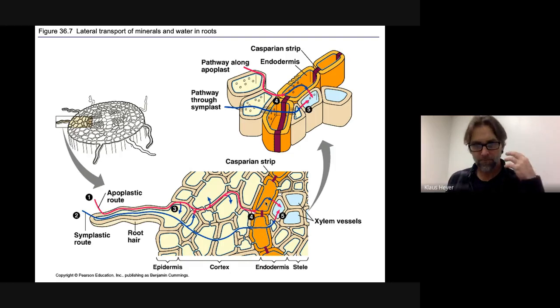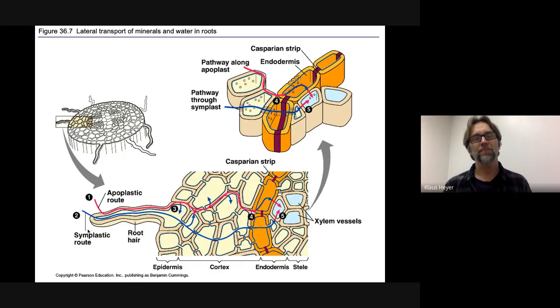So the Casparian strip forces fluid into the cell. Okay, so then the question is, why do you have these two different routes? It's faster. It's a way for plants to take up water a lot faster. Some plants depend on that. Some plants, like in hot environments, are constantly losing water from the leaves, so they want to pull water up